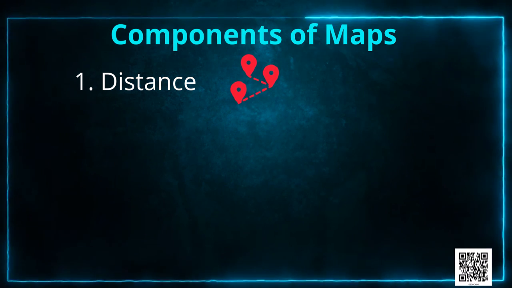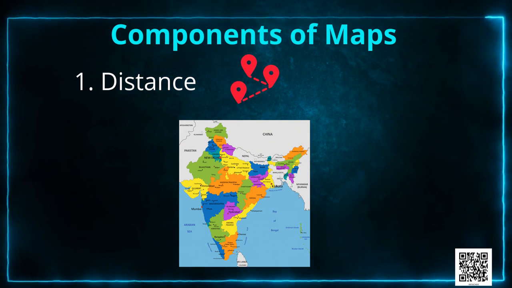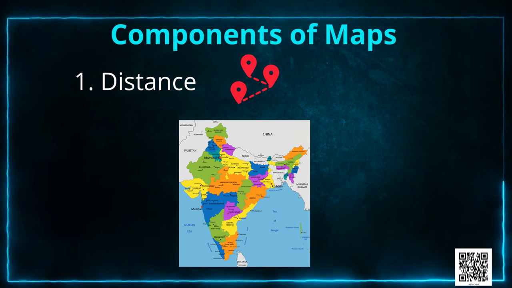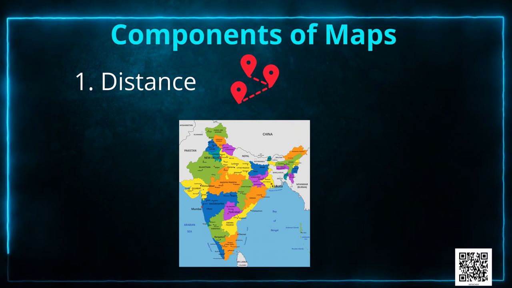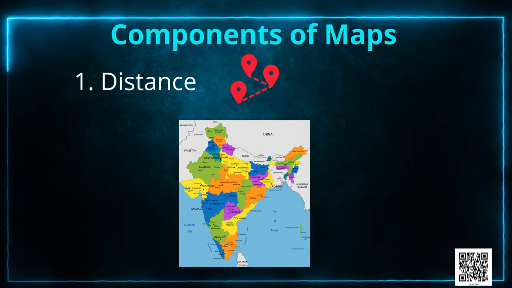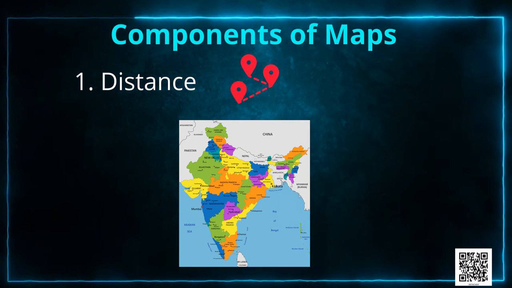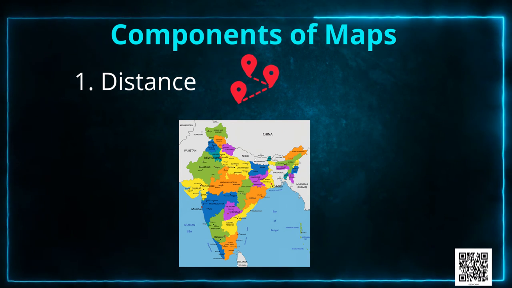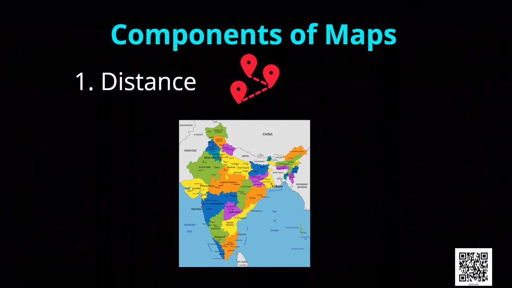So students, here we discuss distance. Maps are drawings which reduce the entire world or a part of it to fit on a sheet of paper, or we can say maps are drawn to reduced scales. But this reduction is done very carefully so that the distance between the places is real. It can only be possible when a small distance on paper represents a large distance on the ground. Therefore, a scale is chosen for this purpose.